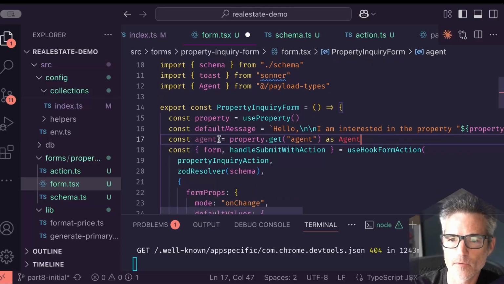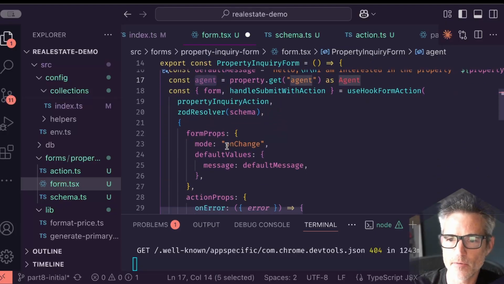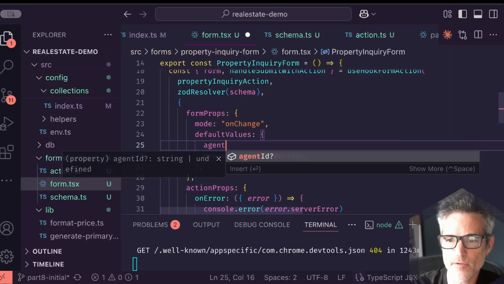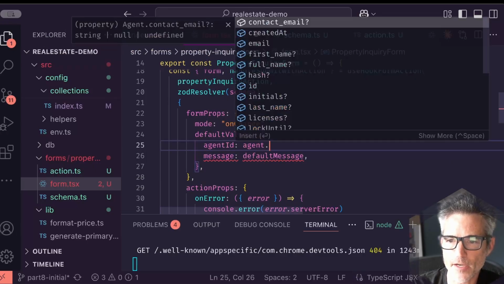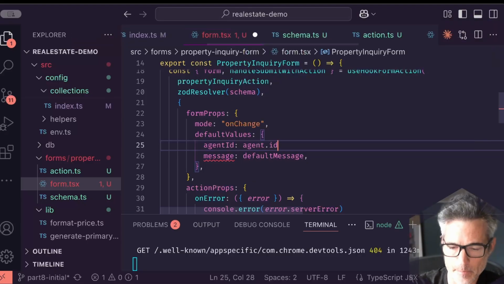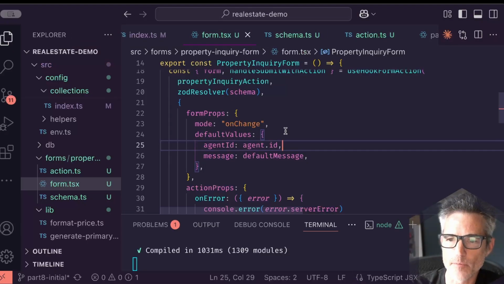Like that. And then we can say agent ID would be agent.id. And then property ID